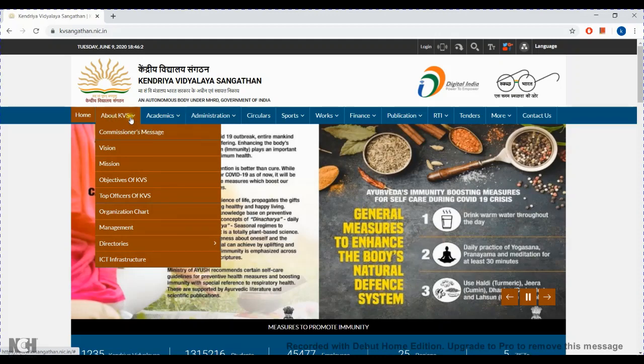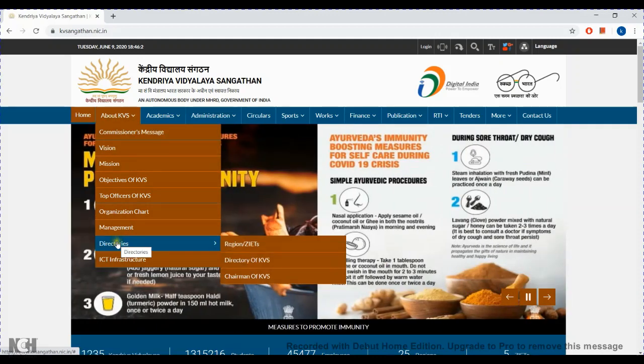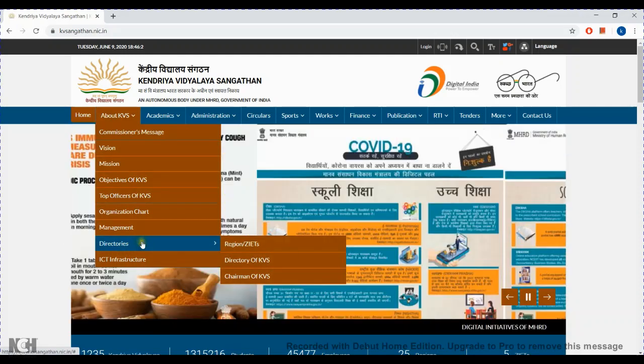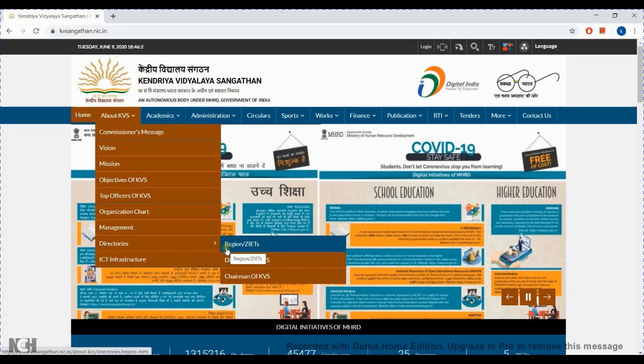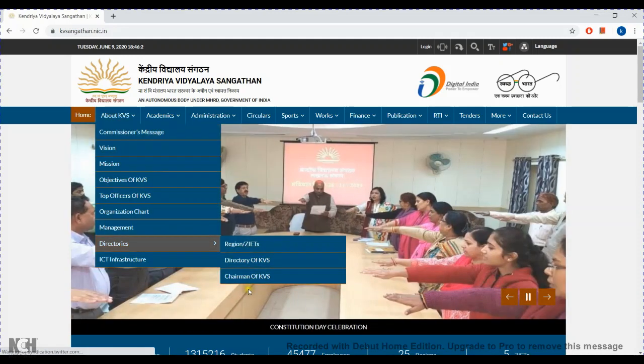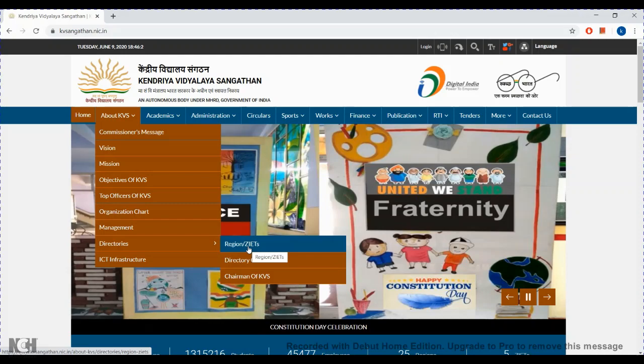As soon as you go to About KVS, in the penultimate tab, you can see a button called Directories. There you can find region or ZIET, directory of KVS, and chairman of KVS. These contain all the information about all the offices of KVS spread across India.